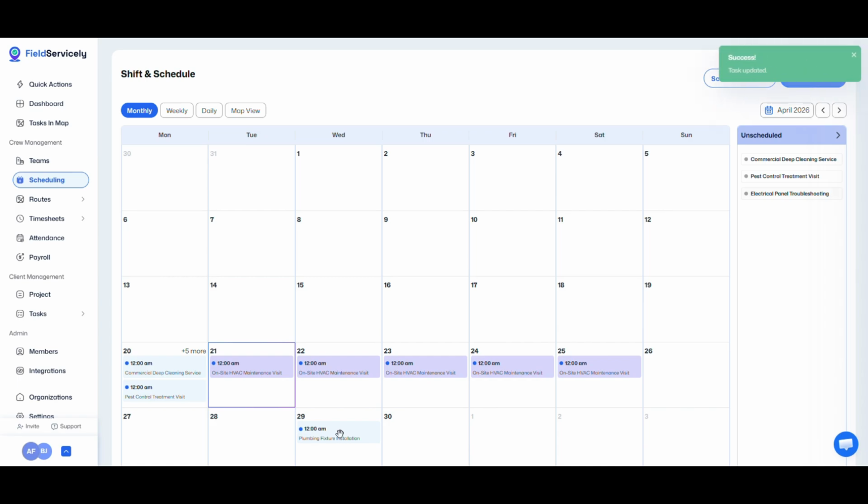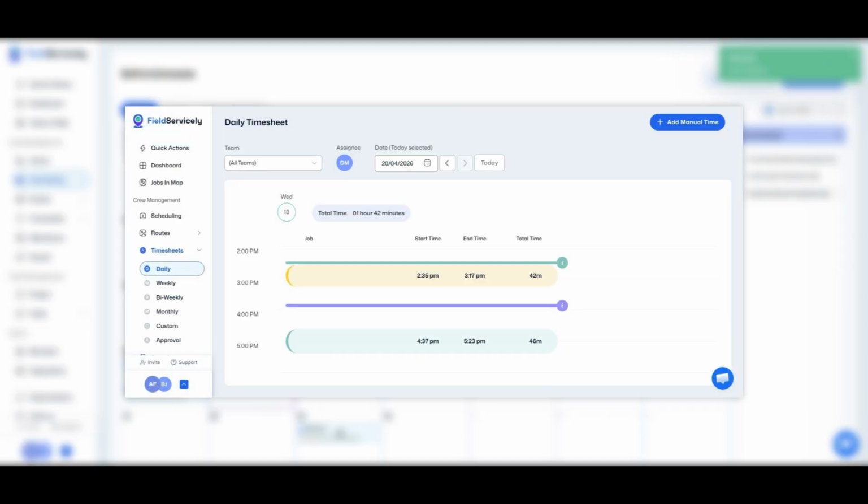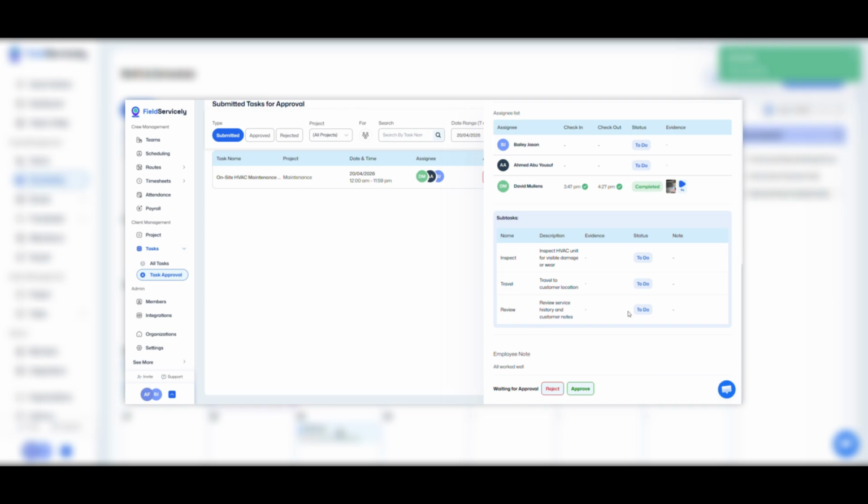By assigning tasks to your employees and having them work on them, you can track their attendance, timesheets, and payroll, as well as find evidence for the tasks they have finished. But before that, I will show you how your employees can begin this tracking process for their assigned work by